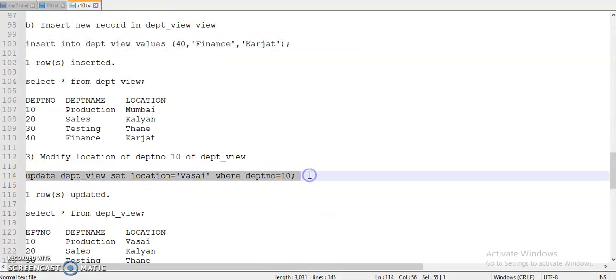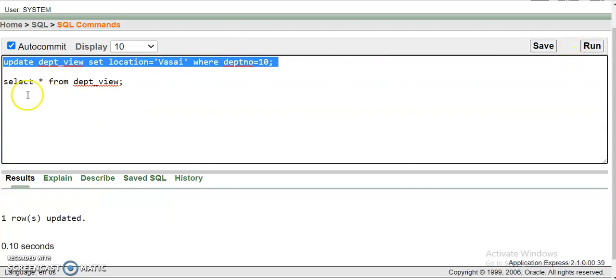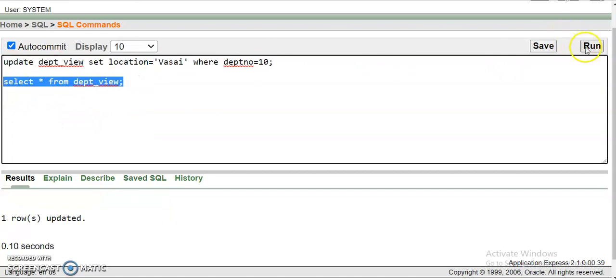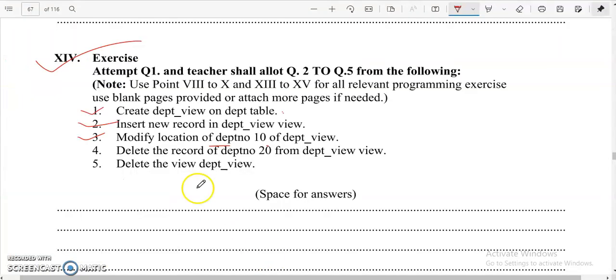So here my query is update, view name is depth view, set location is equal to Vasai, where depth number given is 10. So here 10 having Mumbai location. So now after updation it will become Vasai. So one row is updated, select star from depth view. So here Vasai is printed. So Vasai is stored.